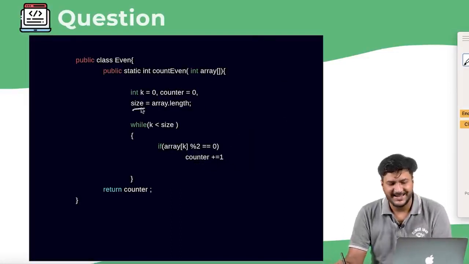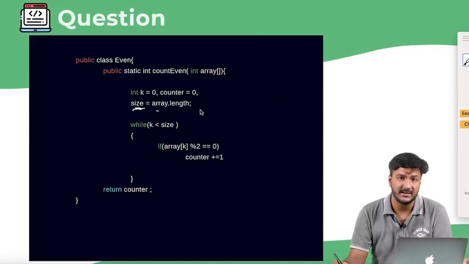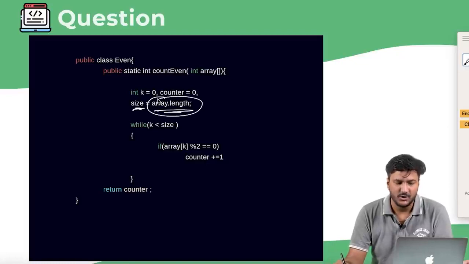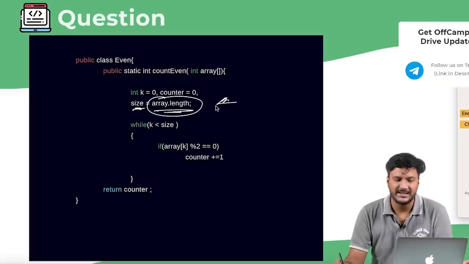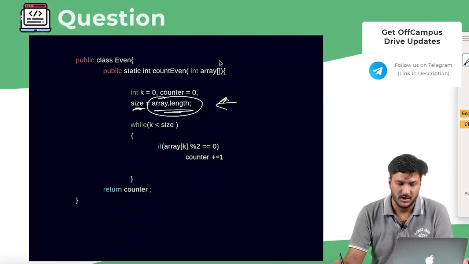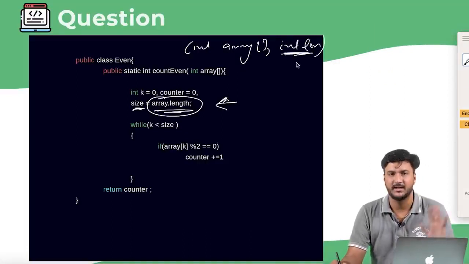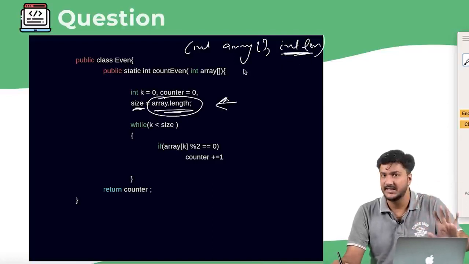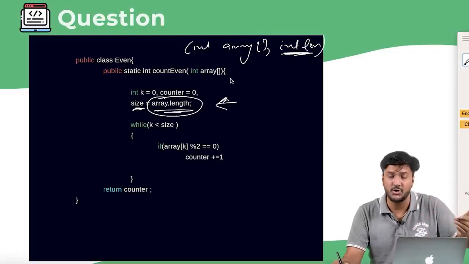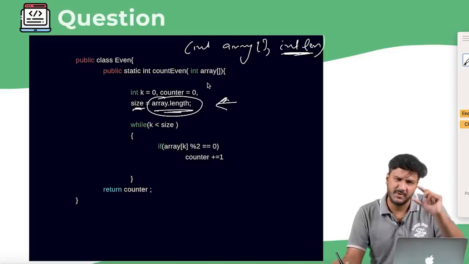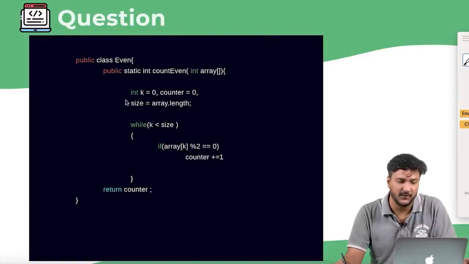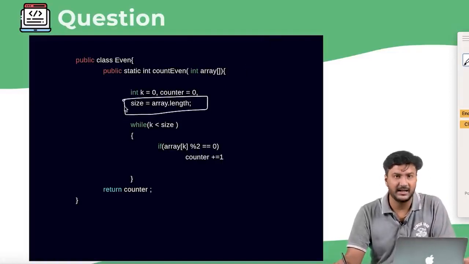Now again size. So obviously C++ people would not know this, but it's very easy to understand that, okay, using array.length you would be able to get the size, right? So maybe if it was a C code, in that case they would have given int comma array, and they would have given, let's say, int len as an additional parameter. So which is why I said, even if you're a C++ question, the same question may also be very, very relevant for you. There would be a very slight change in this, but again, all of you would have understood perfectly, right, that you're getting size here, right?